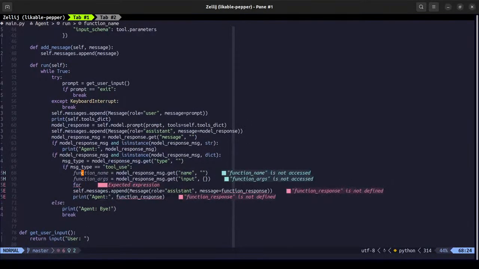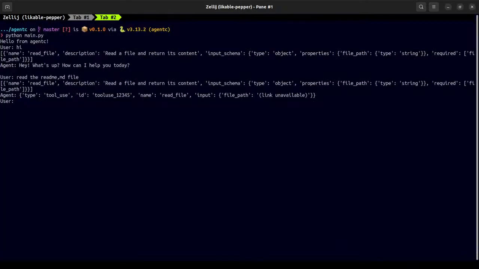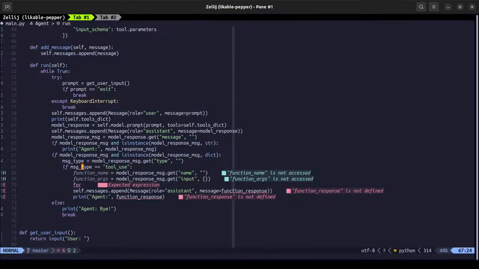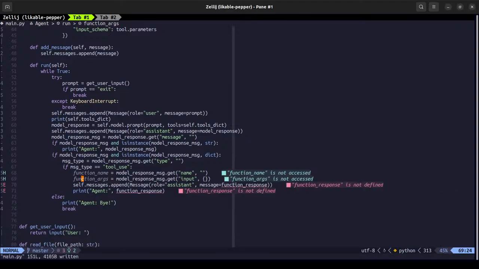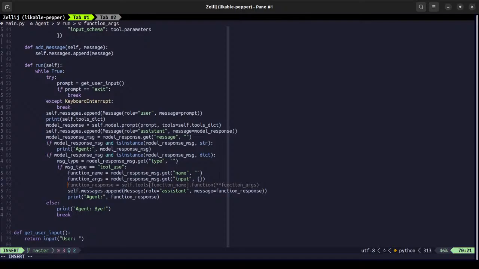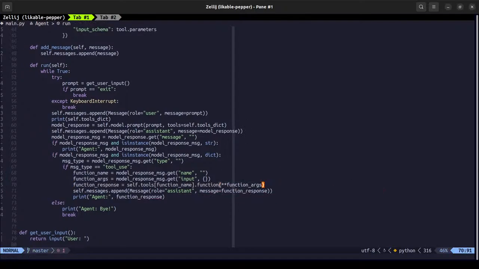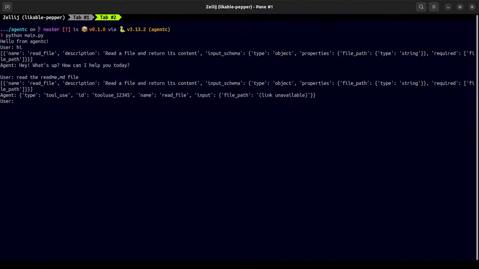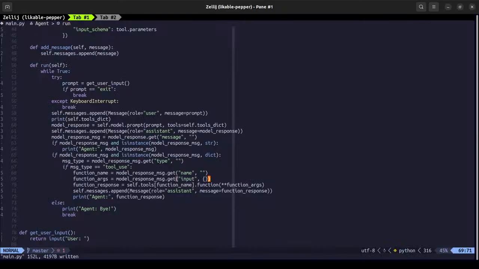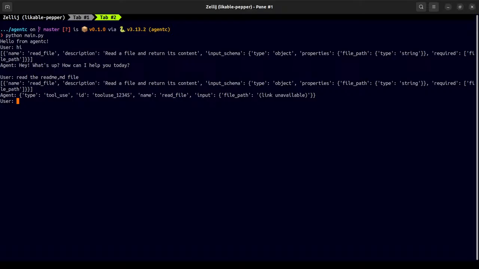So let's create a thing here which will be, no need to iterate over this. I think this should be sufficient. Input and arguments.